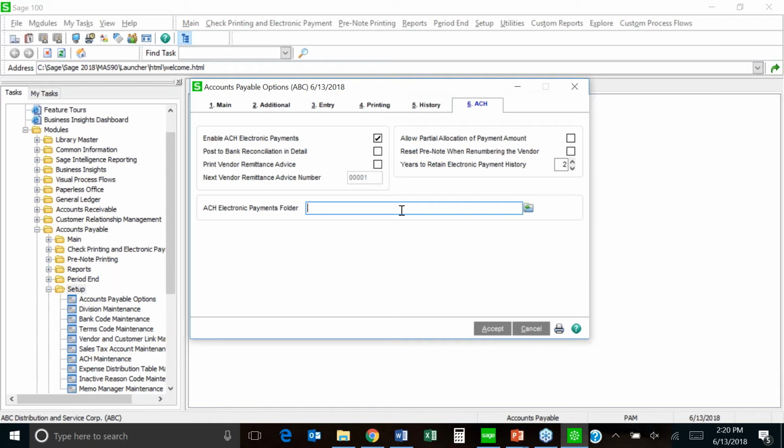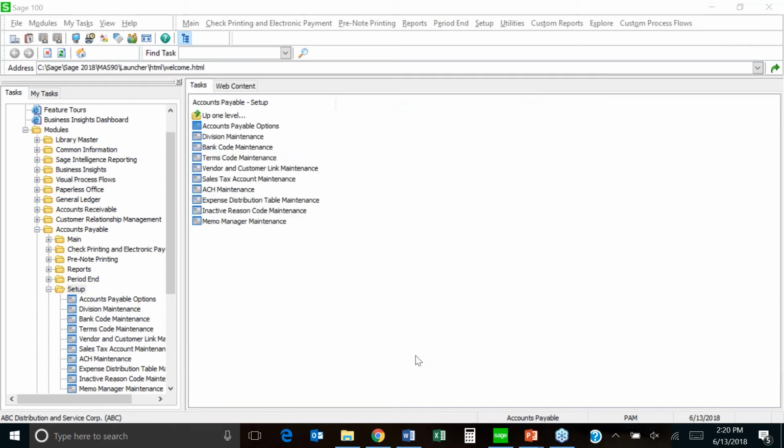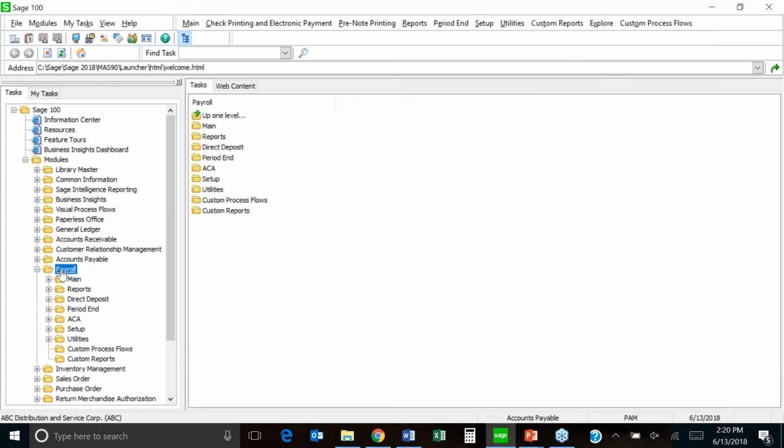The same goes for paperless. In Library Master, when we're looking at company maintenance, we can view the information for all of the companies. When we are looking at paperless, it could be different on a company-by-company basis, and the ACH information could definitely be different on a company-by-company basis. So you need to look at the whole picture as well. So with your AP, you have the ACH option. Also, if you do direct deposit in payroll,